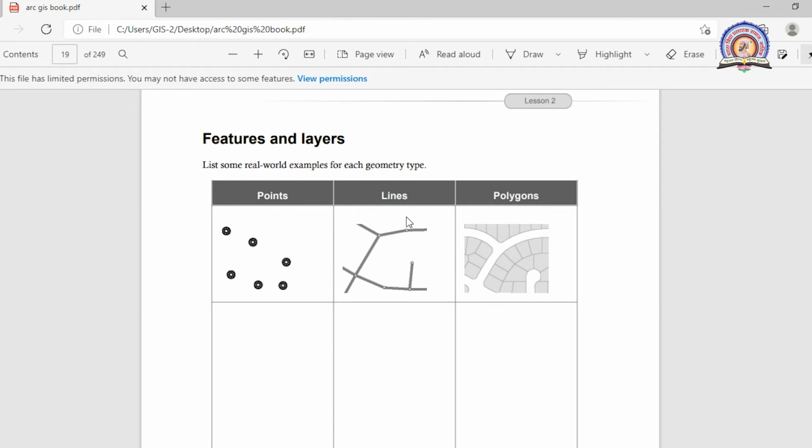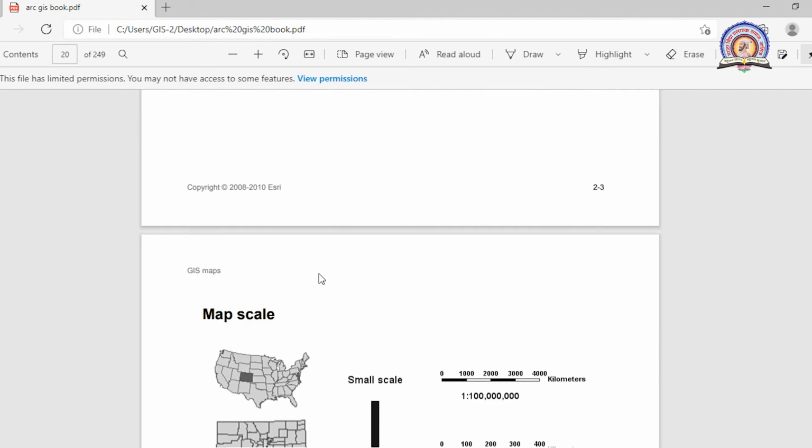Talking about the line entity, this is used for linear features. For example, road, railway track, canals. Sometimes you can also use a line for a river, or various linear features can be prepared with the help of the line entity. And when we are talking about the point entity, it is useful for showing a location with the help of a point. For example, in the world map, if you want to display cities, at that time a point entity can be used. Or for example, if you have a state map and you want to display some important places, at that time we can use a point entity, and so on.